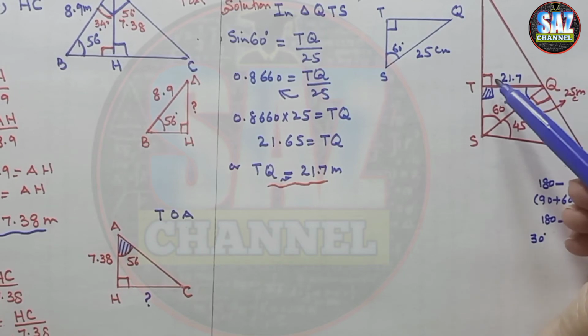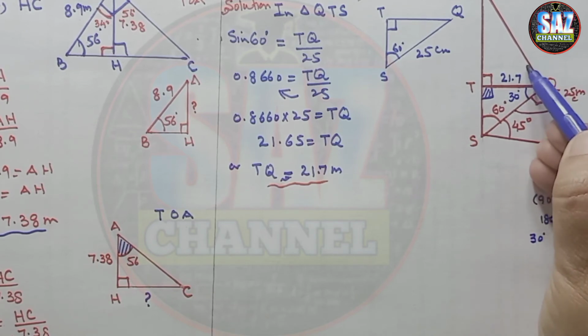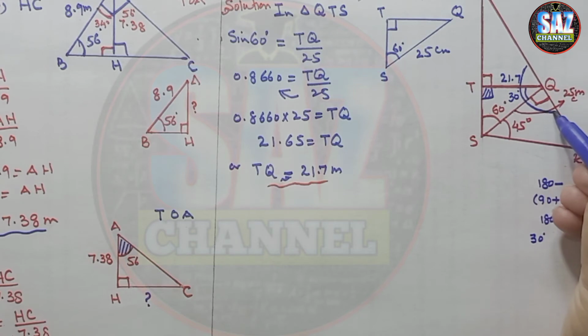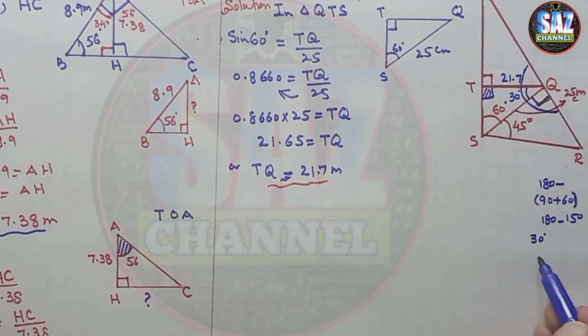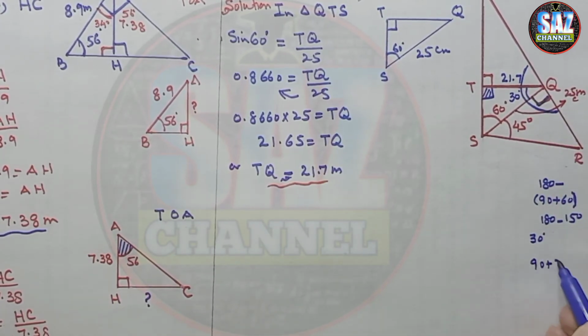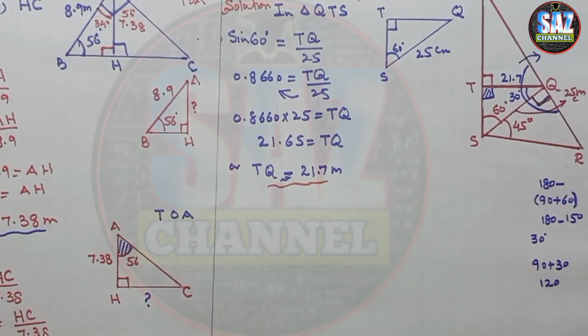We're not given any other angle, just the angle of 90 degrees. But if we look at this portion, this whole portion is making a semicircle. This value is 90 degrees and this is 30 degrees, and 90 plus 30 will give me 120 degrees. Take it away from 180 degrees and this will become 60 degrees.